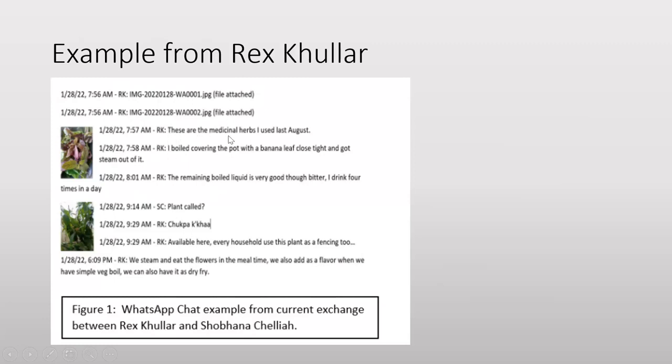He says, these are the medicinal herbs that I used last August. And he says how he used them. And then I asked a question, what is it called? And he says it's called chupakak. And then he explains a little bit more about it and how it's used. So all of this gets downloaded in one as one chat,